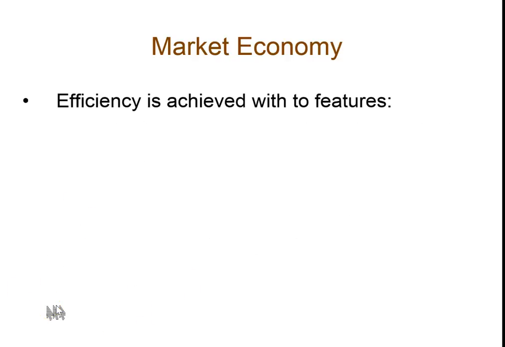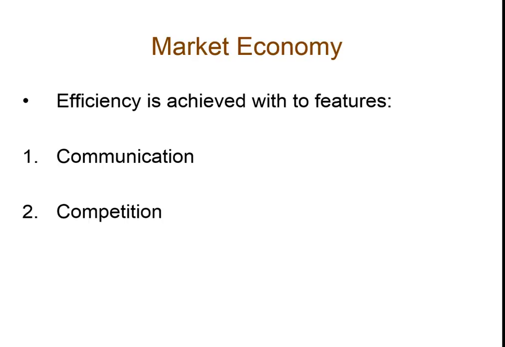So when it comes to efficiency, how does a free market system achieve a higher level of efficiency than other economic systems? Well, communication and competition. If the market participants have an effective way of communicating, you can achieve a higher level of allocative efficiency than other economic systems. If the producers of the output compete for resources, compete for customers, there's an incentive to be productively efficient, keeping your costs down. So whenever there is an enhancement of communication or competition, efficiency tends to go up.